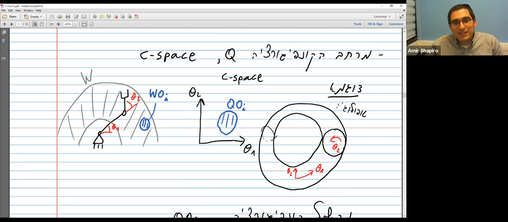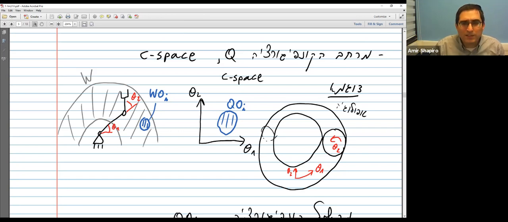And the idea is that the coordinates theta are cyclic. They can go 360 degrees. Sometimes in a robotic arm, there are some limitations, and some joints cannot go 360 degrees. They can go less. And then I can map all the workspace, and it's not a torus.